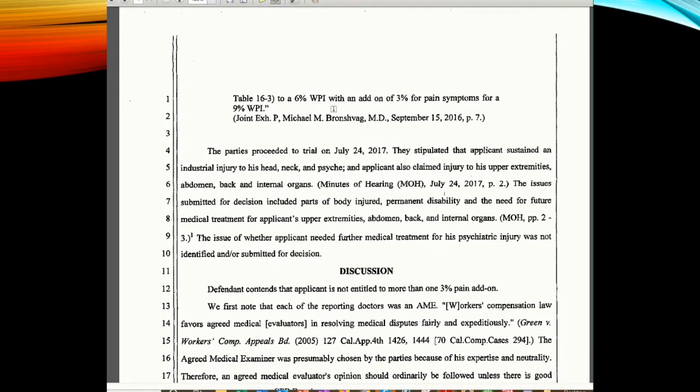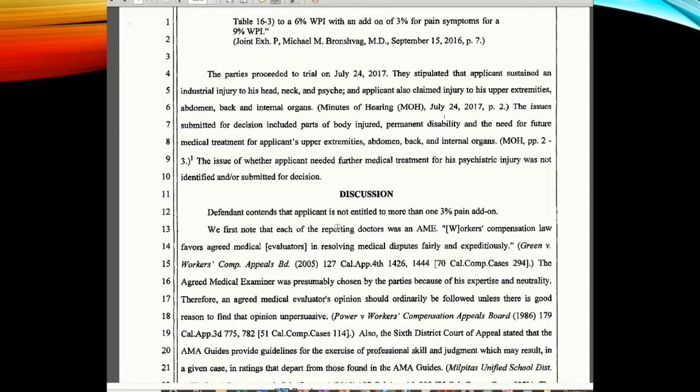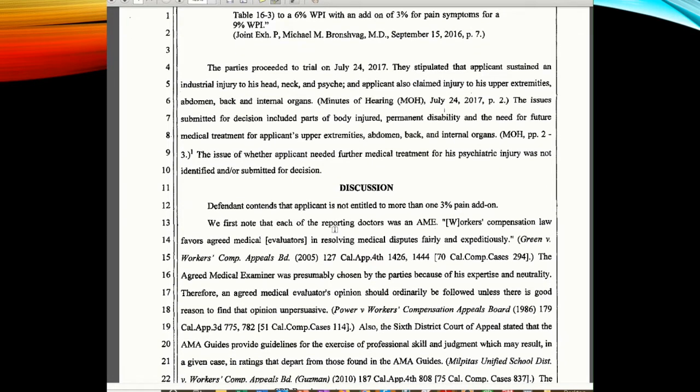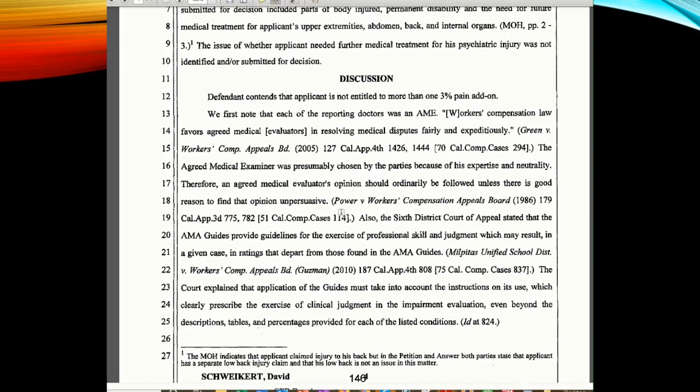And again, for the third time, this qualified medical evaluator provided an add-on of another 3% for pain symptoms for a total 9% whole person impairment. Well, of course, to this, the defendant contended that the applicant is not entitled to more than one 3% pain add-on. And the appeals board overturned the defendant's objection and upheld the workers' compensation judge's order, and they explained on